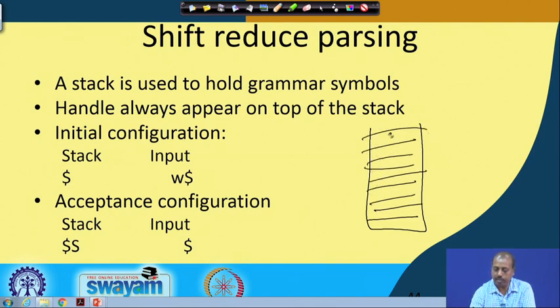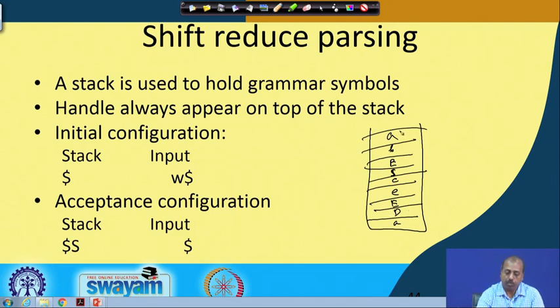Maybe I have say A, B, then some E, S, then C, E, and like that, again another E. Now, the uppercase letters are non terminals, and the lowercase letters are terminals. This may be say some D, this may be A, like that. So, this stack can contain both terminals and non terminals.